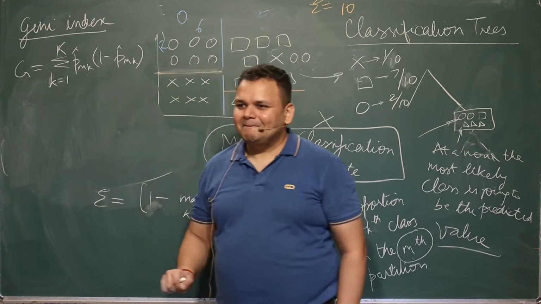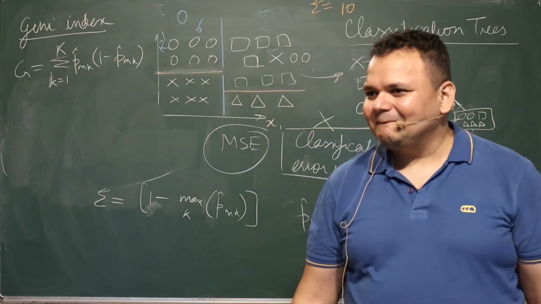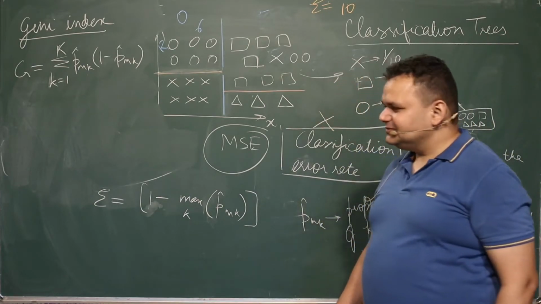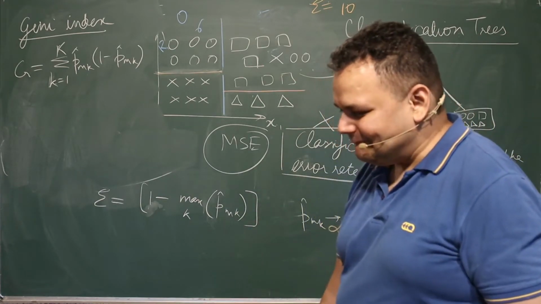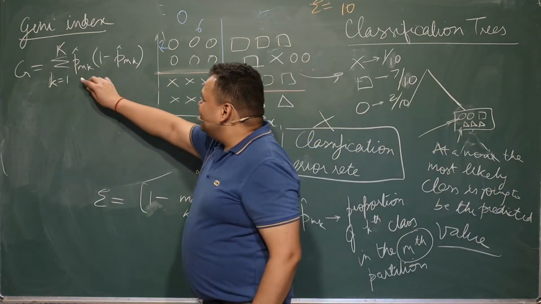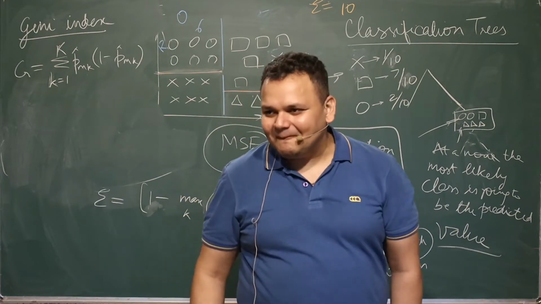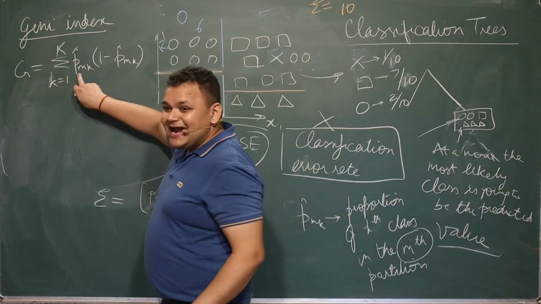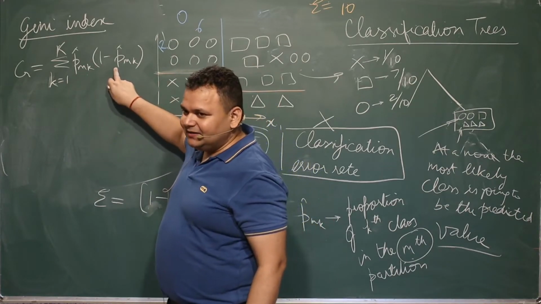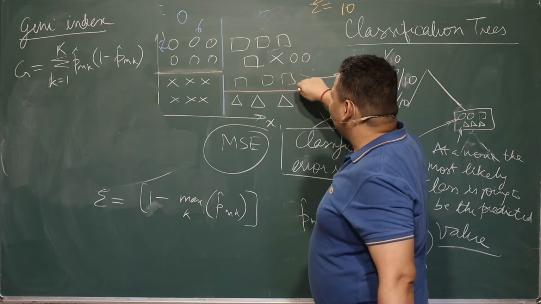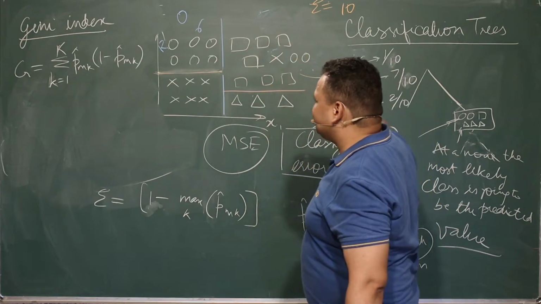इसमें क्या हो रहा है? Anybody? So if your p_mk is close to 0, so we are looking at all the classes. Please understand that. In this case, we are looking at all the classes. ठीक है ना? So हम इसका calculation करते हैं. चलो ये वाला जो हमने example लिया है. Let us calculate the Gini index of this particular partition.